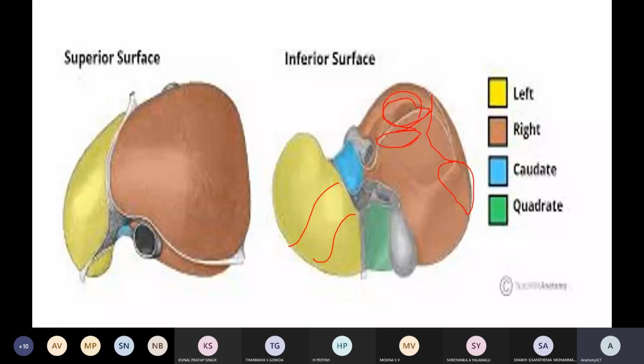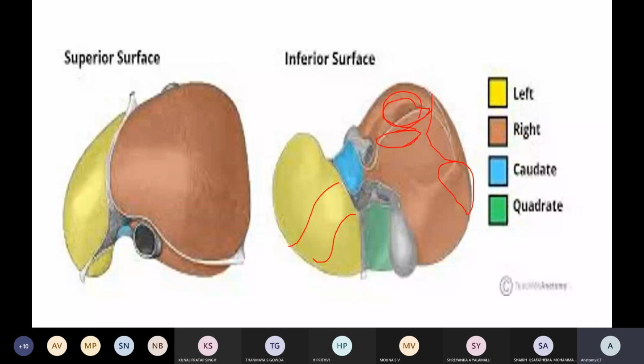Now, moving towards the fissures. The fissures, which we used to call umbilical. So this is the fissure, which is running exactly like this. So there is a fissure, right? So this is the left fissure. We all call it the left fissure. The reason is this is the umbilical cord, which divides the left lobe from the right lobe, right?